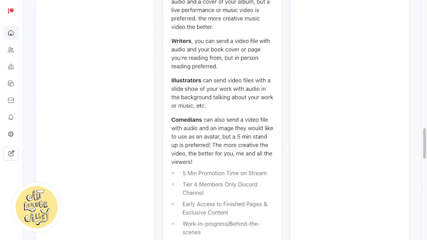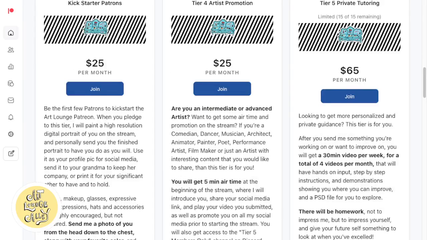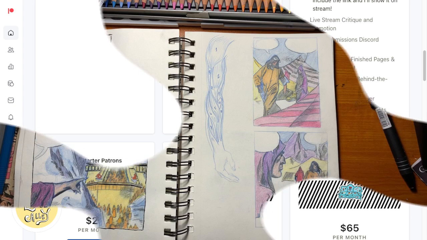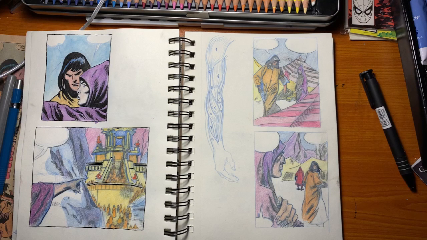I'm not going to spend way more time on it. I'm going to jump into the stream for today, and it's going to be pretty much where I left off yesterday, and that is filling up the page, filling up these sketchbook pages before I embrace a new one, which I'm pretty excited about.